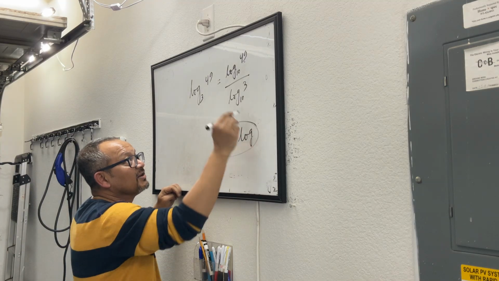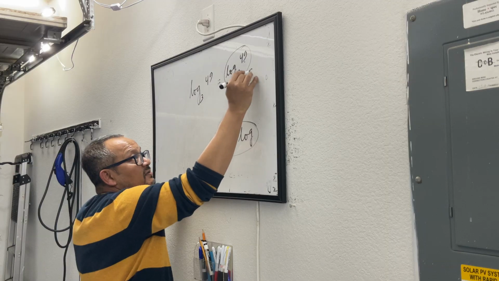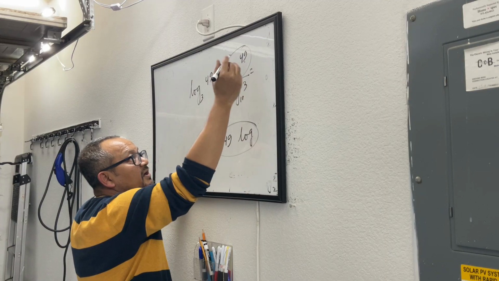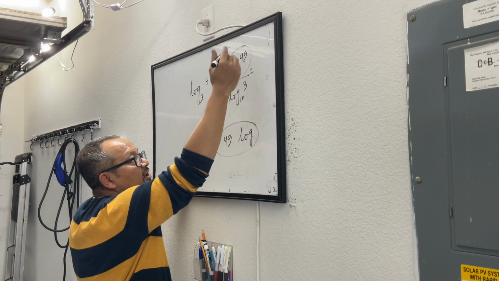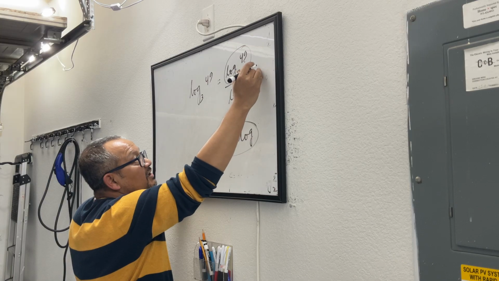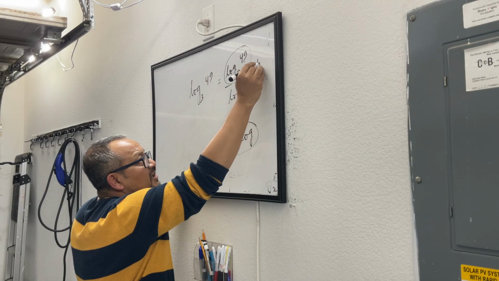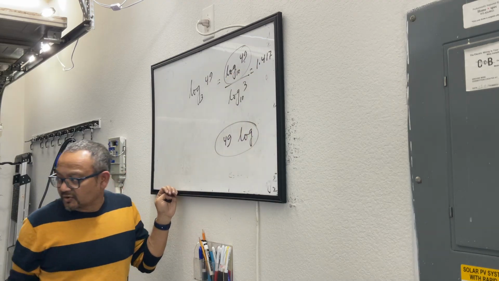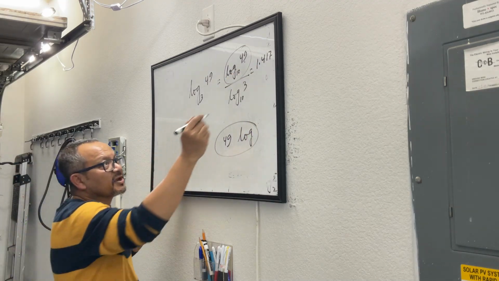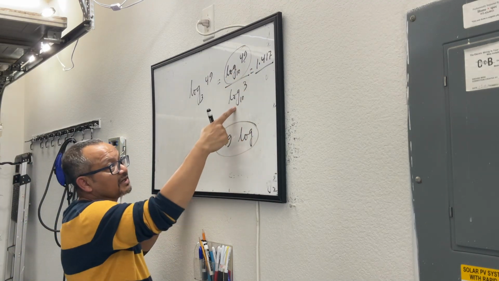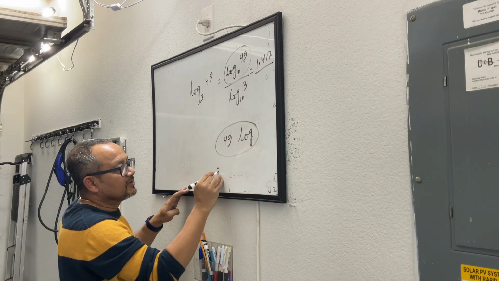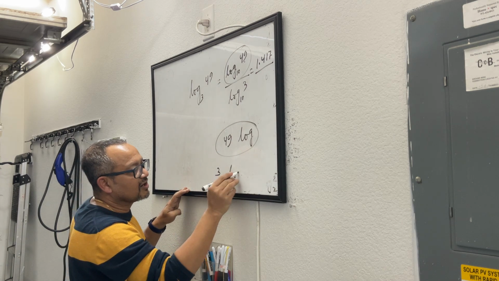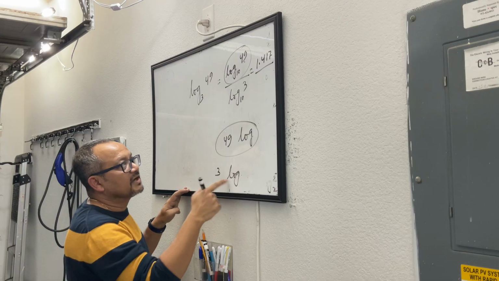It gives you the value, it's certainly more than 1. Let me make it up: 1.417. I'm just making it up. Then same thing, you press 3 and then press the log button, and it gives you